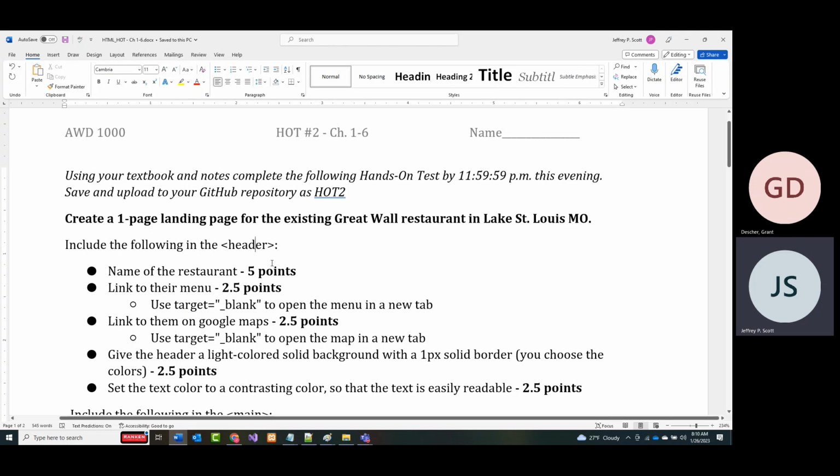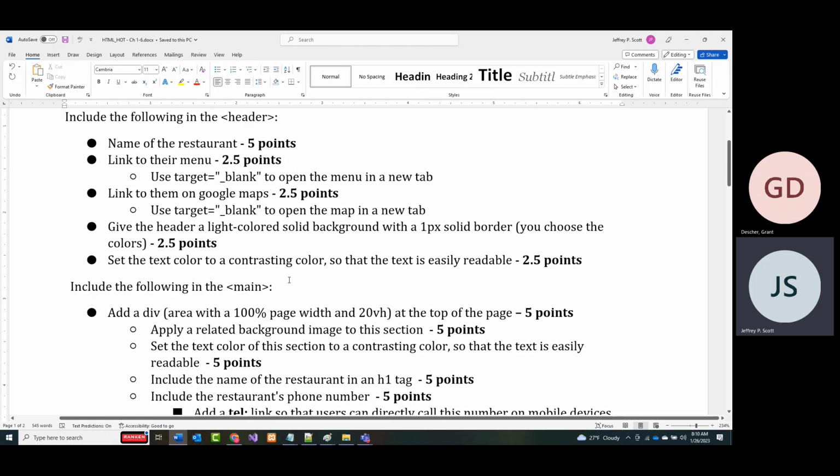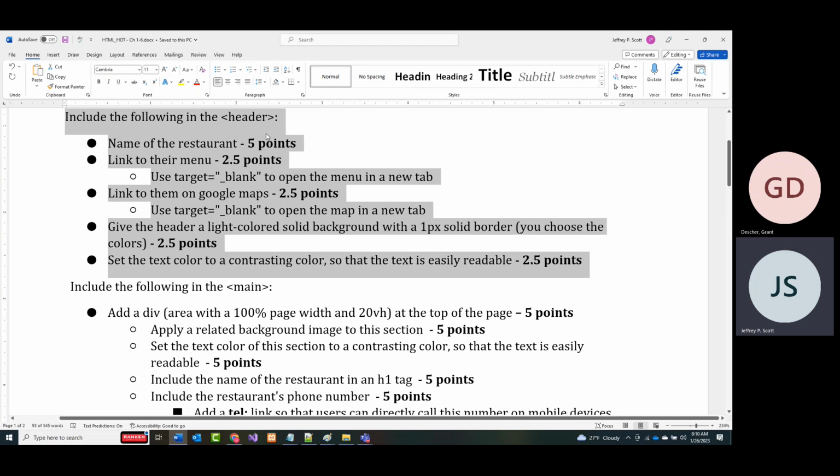So you can still go in and create yourself just like we have been doing. Go ahead and create a folder, call that folder Hot2. In that folder, you'll have an index.html file. In that folder, you'll have a CSS folder with a styles.css file in it. In that folder, you'll probably have an images folder, etc. And then in that index.html file, you will put in there, as it says, a header section. That header section will include the stuff you now see in gray. So in other words, that is 5, 10, 15 out of your 100 points.